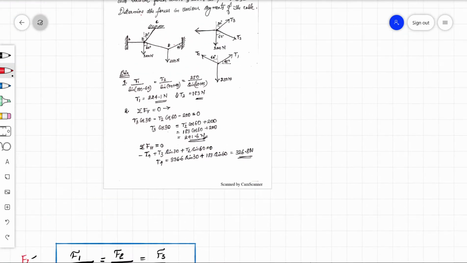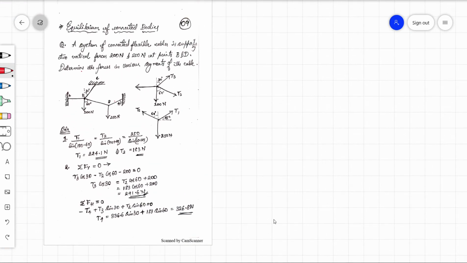The next numerical, let us proceed with the next numerical. This is a little bit complex one. They are not asking you about the free body diagram as of now, but you need to understand this. Over here, this numerical has multiple cables connected to each other. This is how it normally works. So let us understand this. I'll draw this.